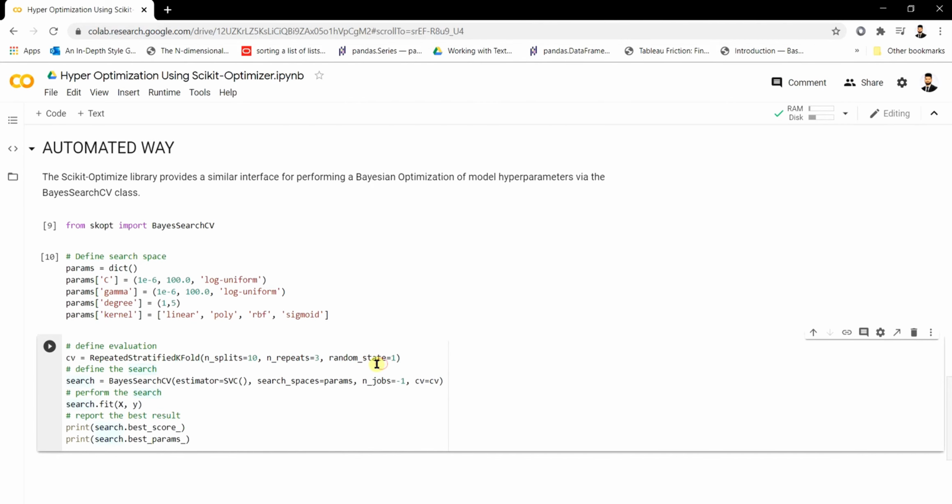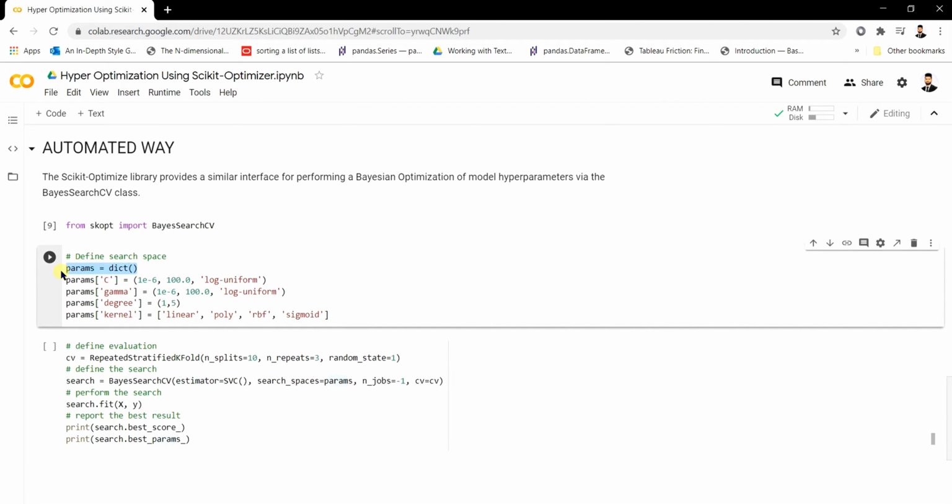We're going to be using RepeatedStratifiedKFold here again with 10 splits and repeats of 3. And we're going to be using BayesSearchCV over here, where we use the estimator as SVC with the search space parameters as params, which we have defined in the dictionary format.